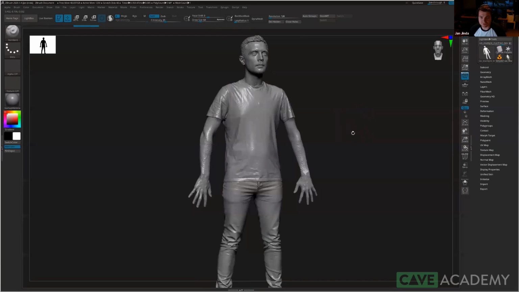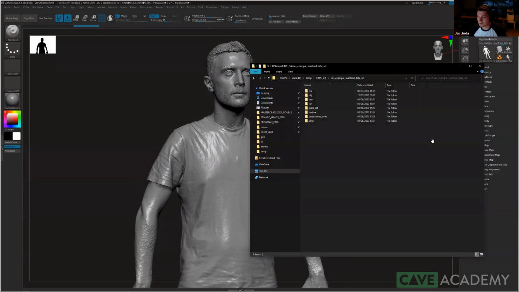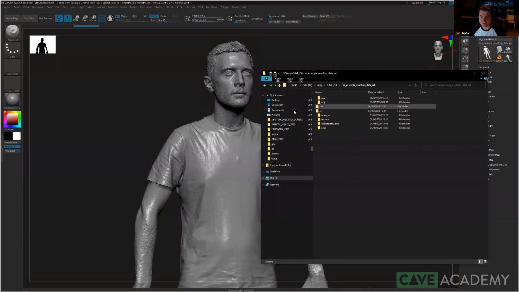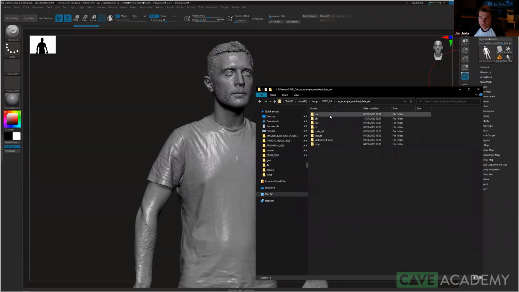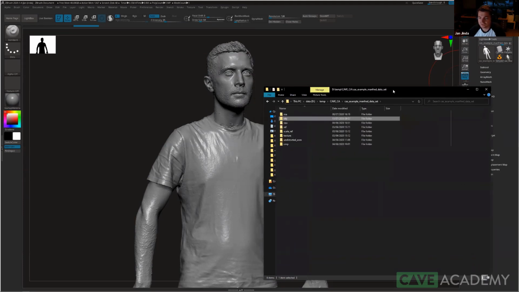But they provided us with this amazing full body scan of Manfred, I guess his name is. And it comes as this package. Let me show you. So what we have here is just an OBJ, which is what you see here in